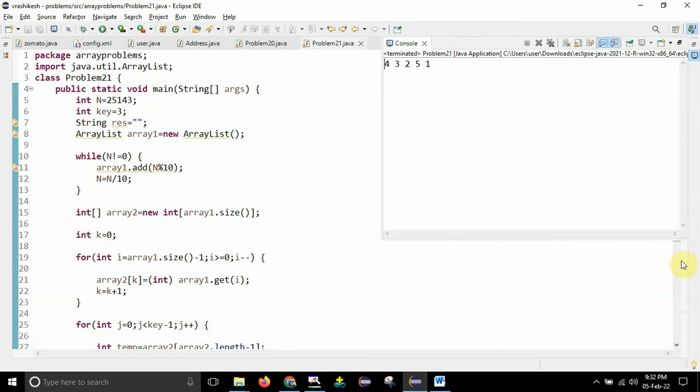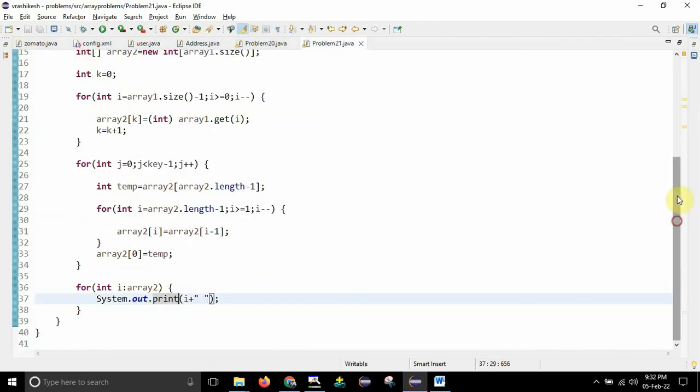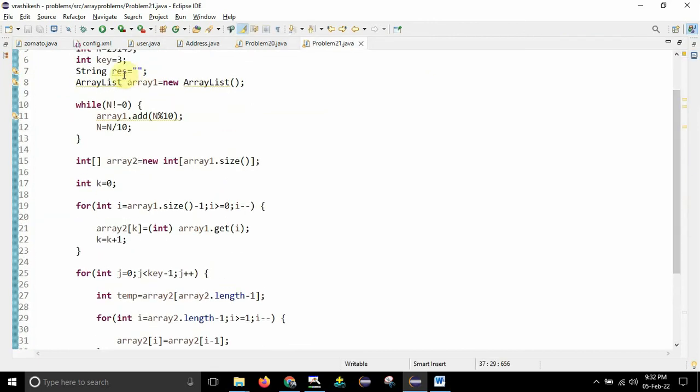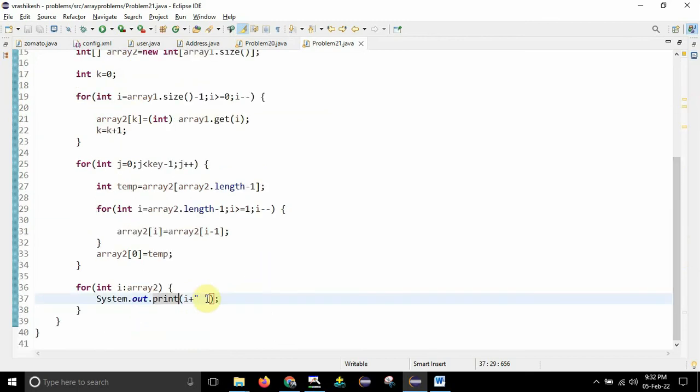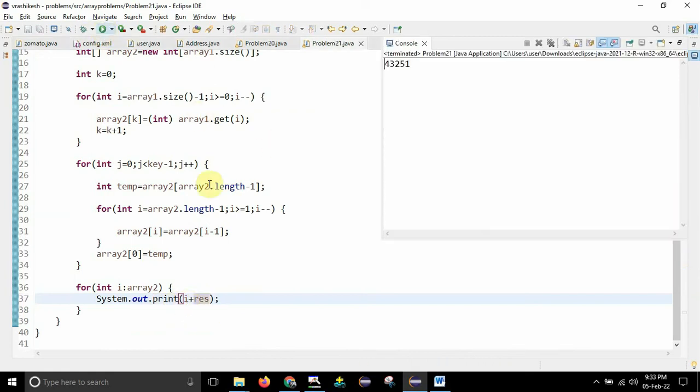So that I can do with the help of another variable, that is basically the result variable, which I have initialized to null. So what I'll be doing is basically concatenating the string. So i plus result I will do. So each element it will take and concatenate with result. After that you can see whatever I am getting is basically 43251.